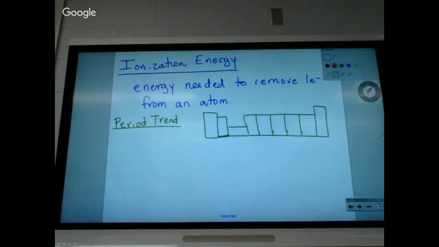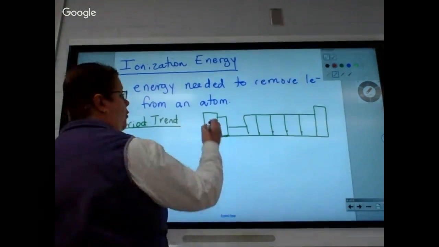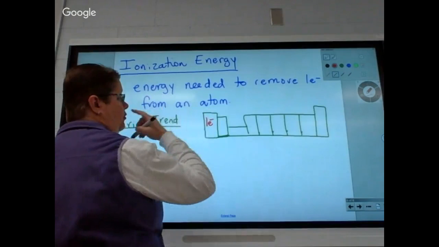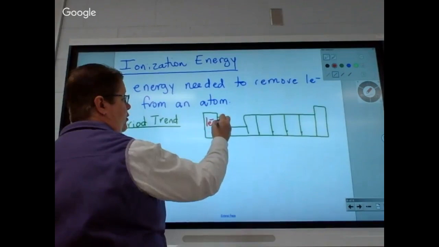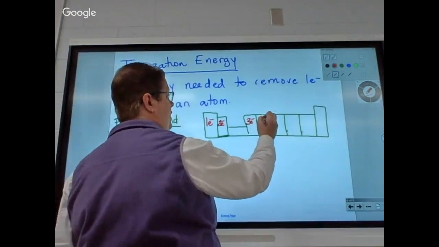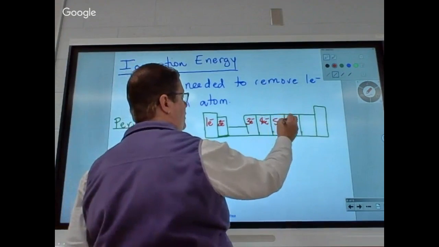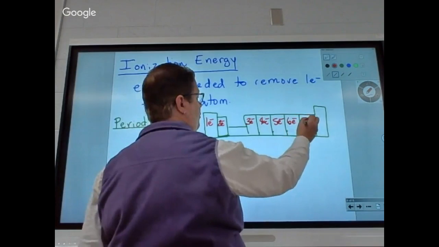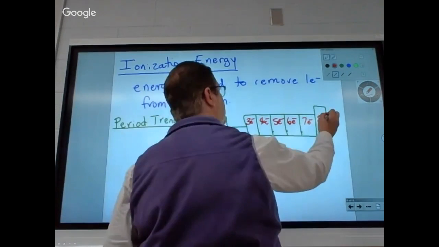All right, so how many electrons in the outer shell of group 1? How many in the outer shell of group 2? In group 13? In group 14? In group 15? 16? And 17? In group 18? Okay, so tell me